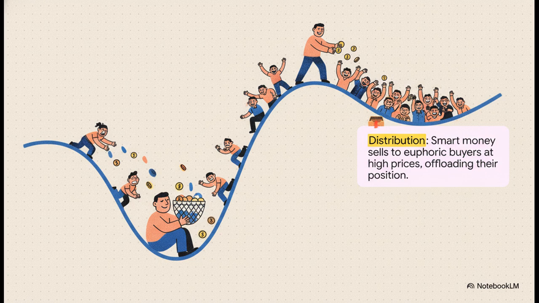On one side, you have accumulation. This happens when the market looks terrible, news is bad, everyone is panicking, and our composite man is in the background, quietly buying up everything he can at bargain bin prices. Then, after he's orchestrated a big run-up, we get distribution on the other side. Now the market is euphoric, everyone feels like a genius and is desperate to buy in. And who do you think is selling to them at the top? You got it. He's cashing out.